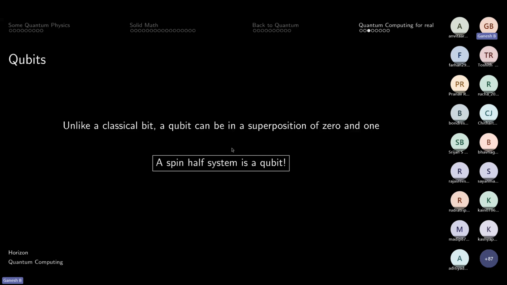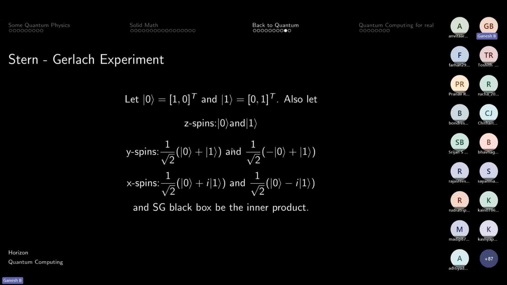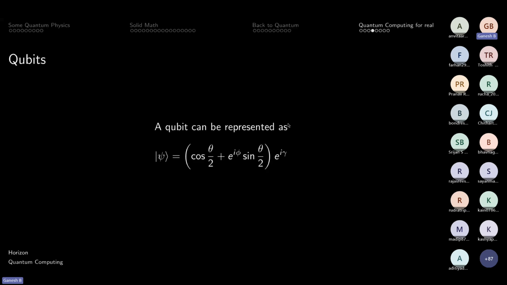So what can you do with it? Okay, so this is typically how a qubit is represented. If you recall, it was exactly like the definitions here, the electron spins. So it's 1 by root 2 times 0 plus 1 by root 2 times 1, and 1 by root 2 times 0 minus 1 by root 2 times 1. So this is a general way of defining it. This gamma is just a phase factor. When you take the modulus, it's going to vanish. So let's not worry about this phase factor.